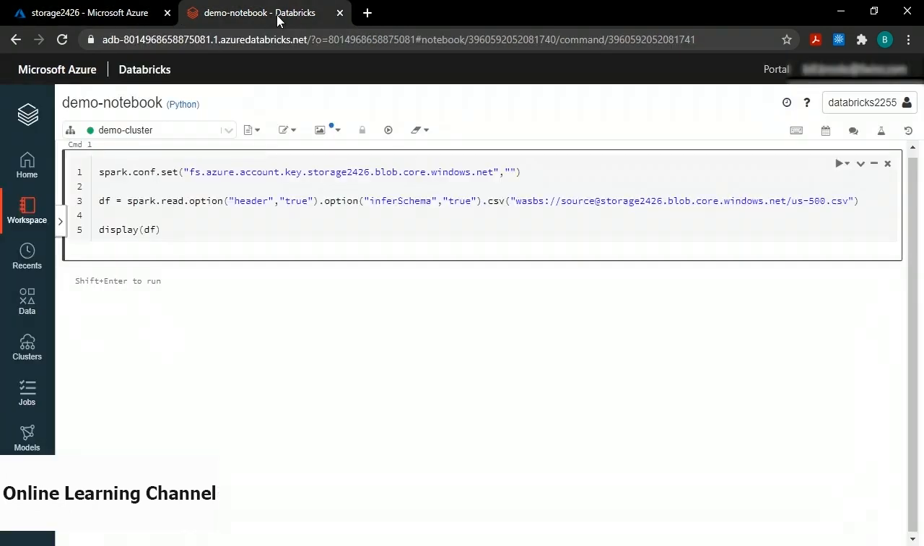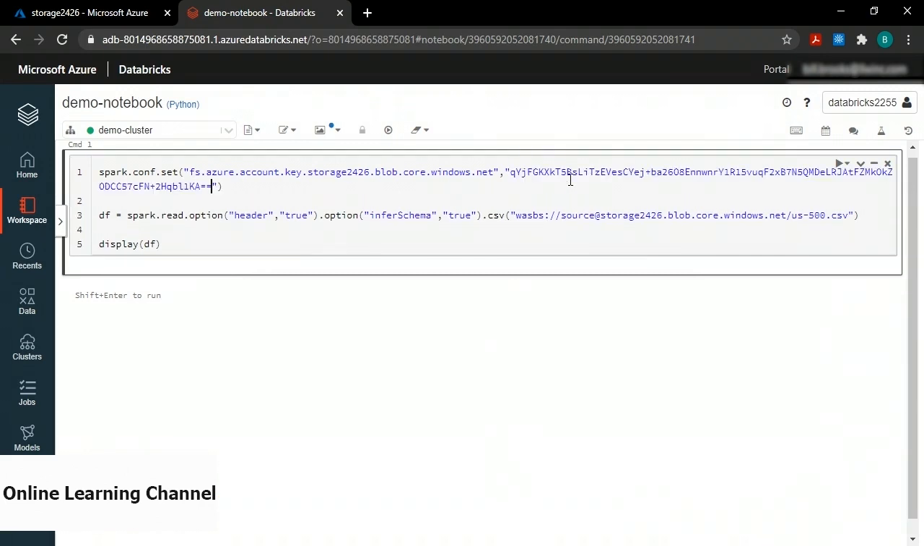Now if I go back to my demo notebook in Databricks, on line 1, I'm going to paste that key in the second argument of spark.conf.set. So that will configure the key. Line 3 is the actual read. So df stands for data frame, and it's just a variable I'm creating to store the data when it comes in as a data frame. So df equals